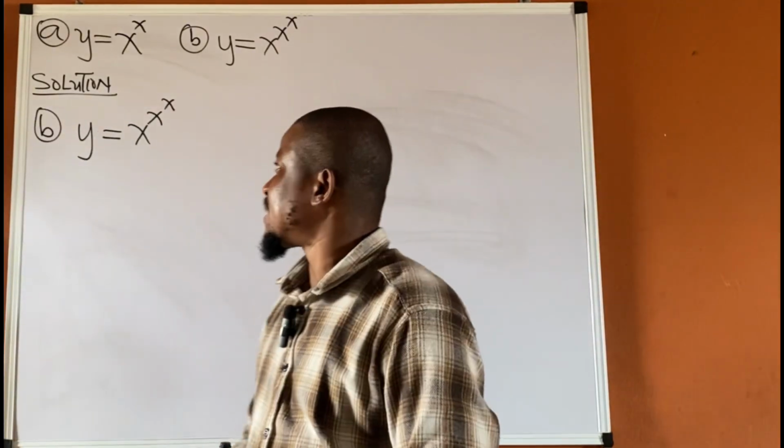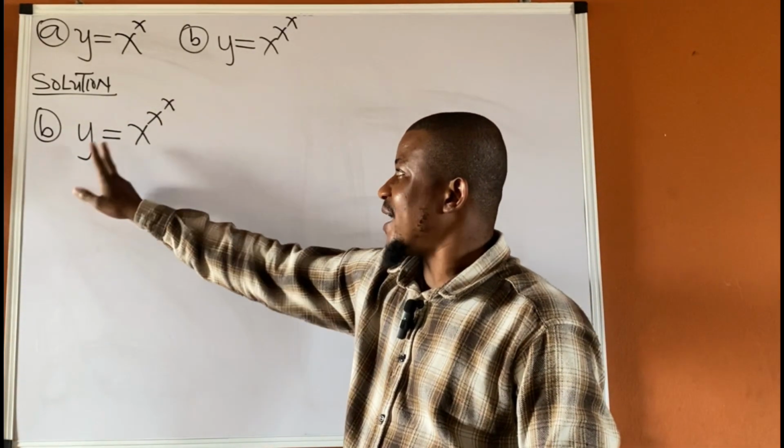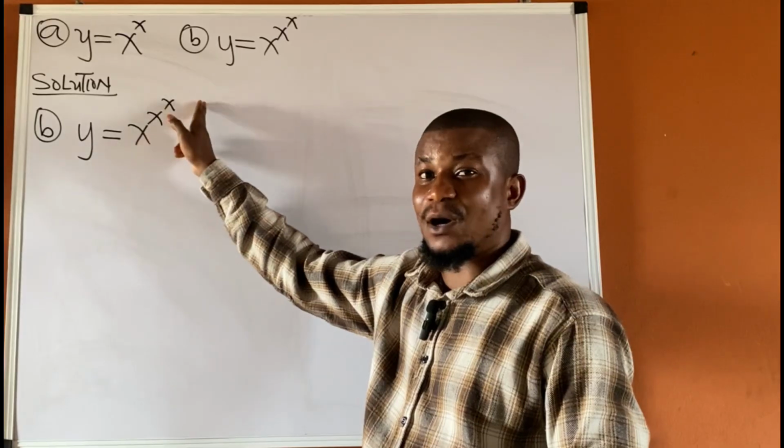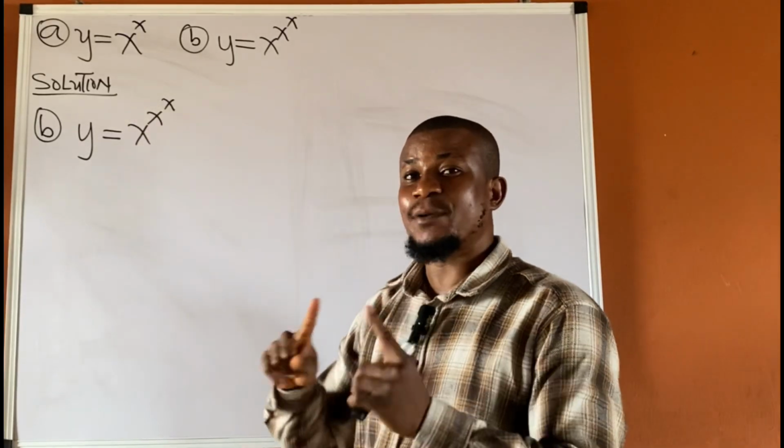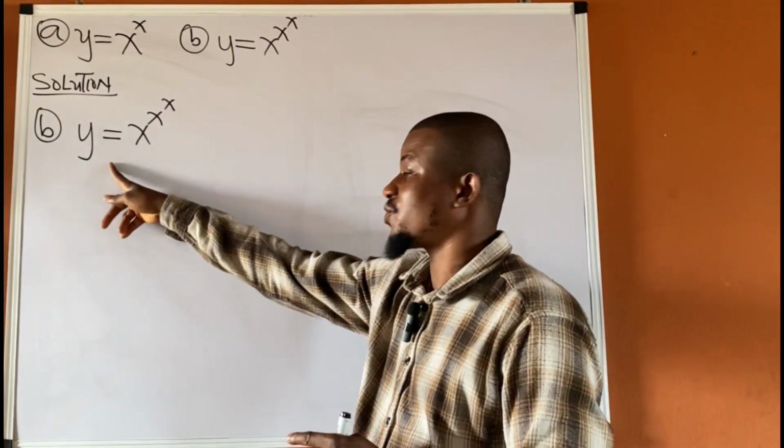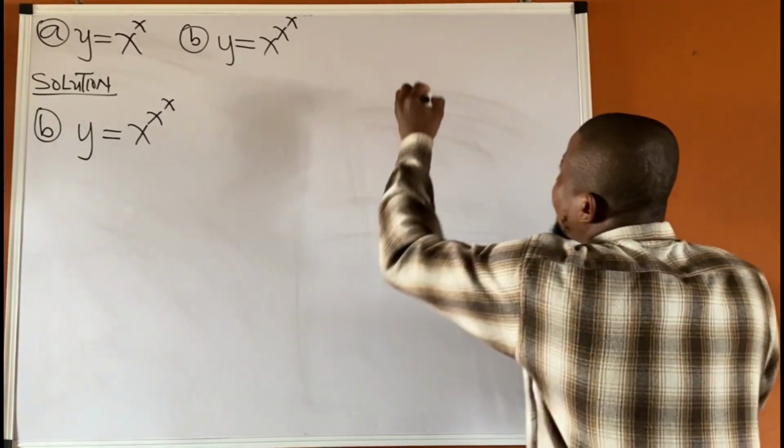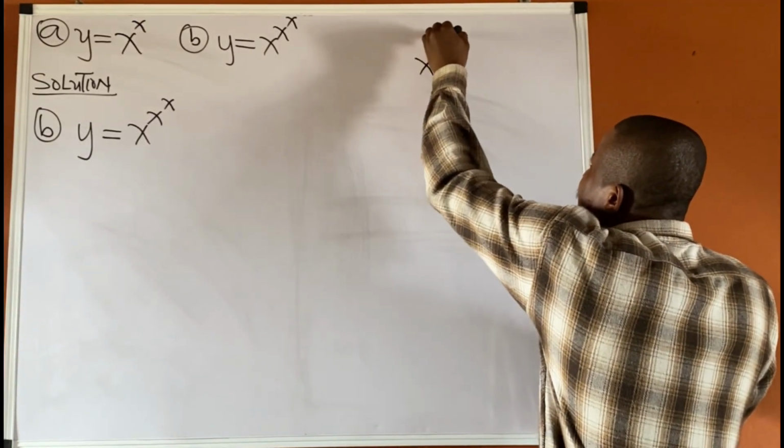Now let's differentiate the second exercise. We have y equal to x to the power of x to the power of x. Now it is important to pay attention to how this function is written. If we have x to the power of x to the power of x,